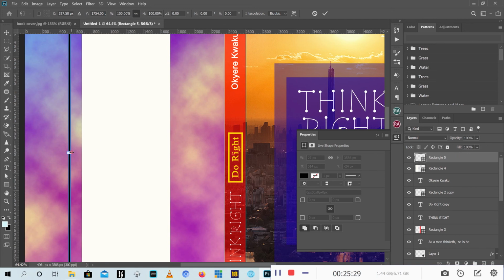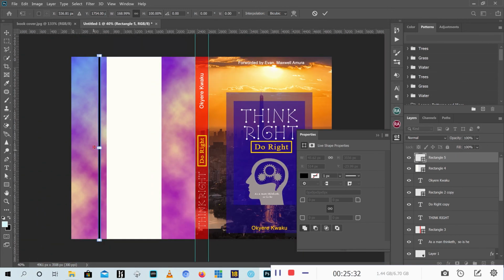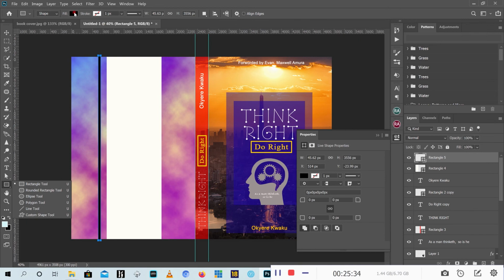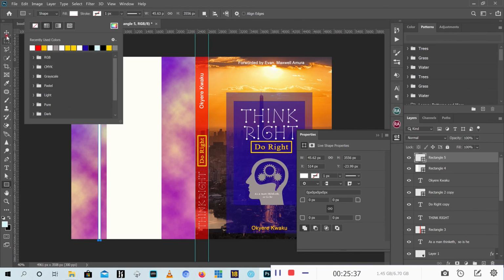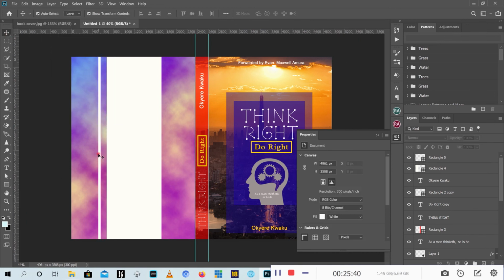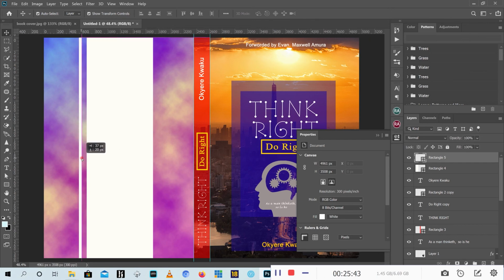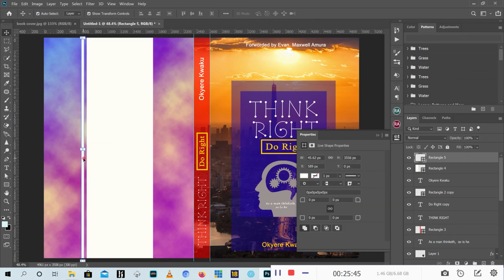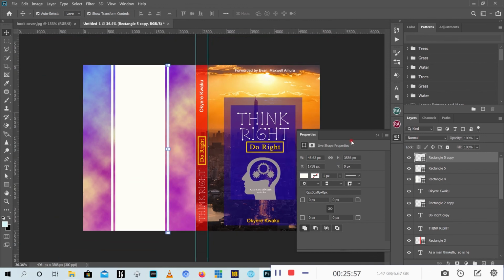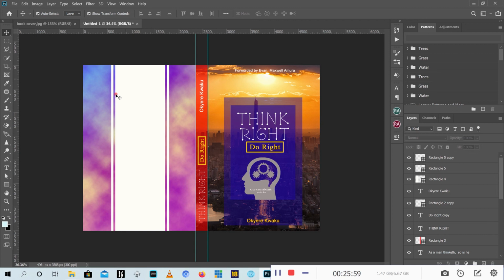Increase it a bit. Very good. Then I'll change the color to white here. I'll bring it very near to the bigger one. Then I'll duplicate it by pressing Alt, then dragging. I'll drag it here. Very good. Now my boxes are ready, so I can also select all, then lock it